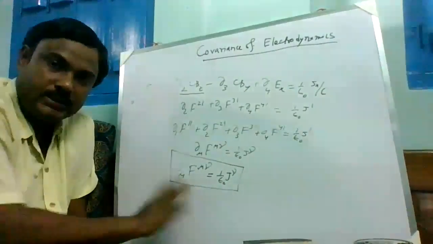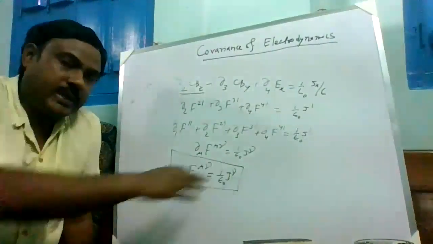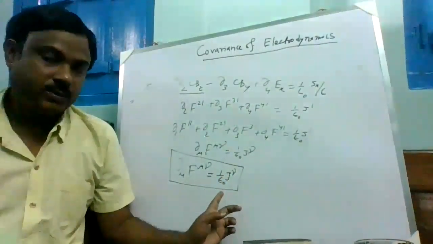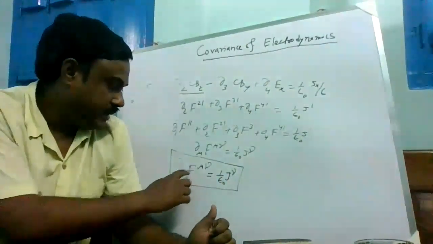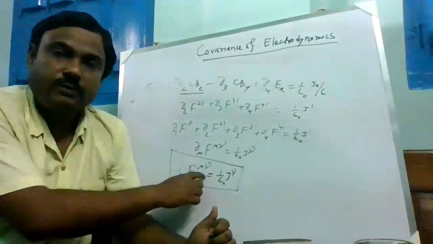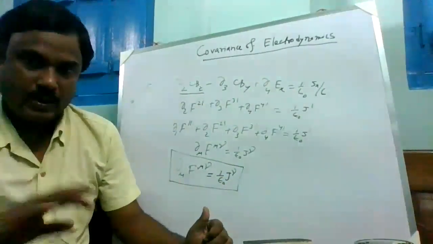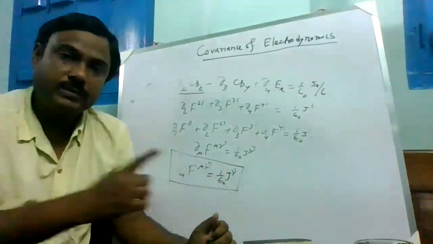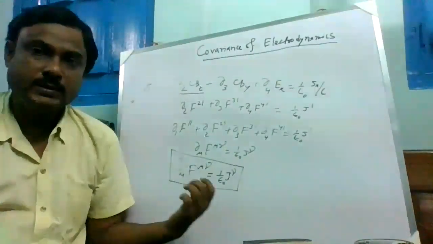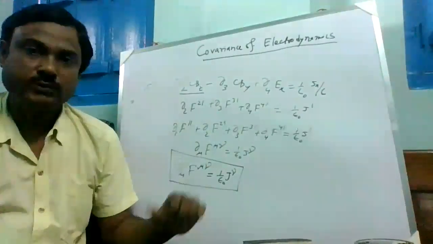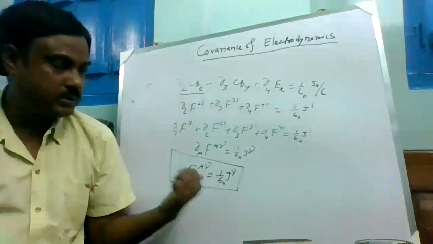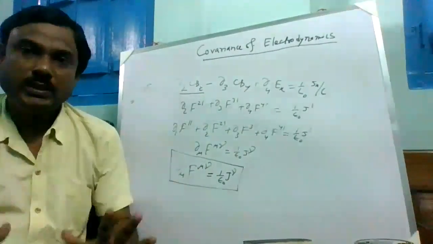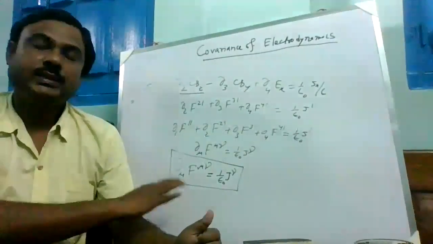You can see this equation is basically four equations because on the right hand side the coefficient nu is not summed over. The index mu is summed over according to Einstein summation convention, so four terms will be there, but nu is fixed. If you take nu equal to 1, this is one equation, nu equal to 2, the second equation, nu equal to 3, the third equation, nu equal to 4, the fourth equation. So basically this is four equations. So Maxwell's inhomogeneous equations can be written this way.